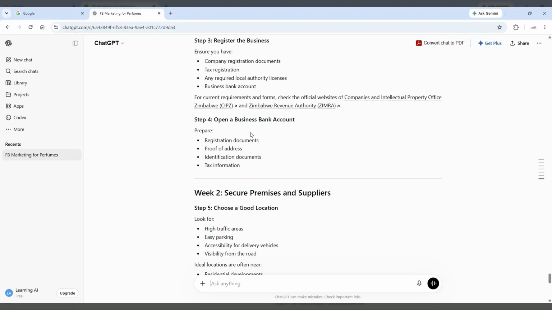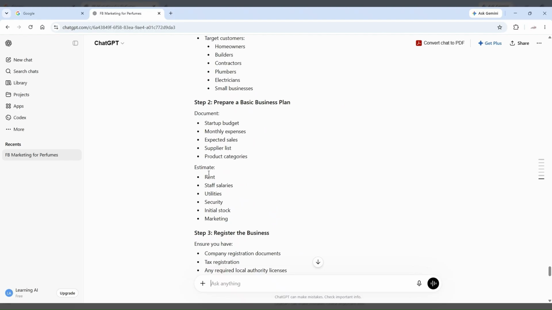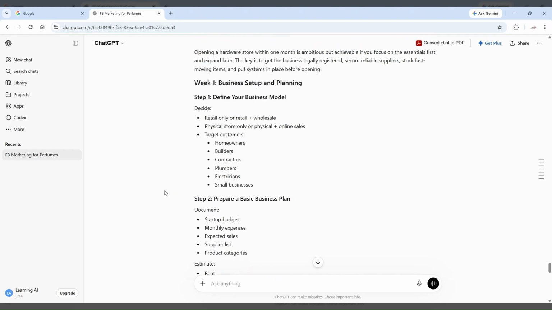The good thing is, even though it tells us that this is what you can do, you can always put in another prompt to drill down. For example, if it talks about an estimate on rent, you can put in a prompt to ask about rent, or even things like, let's say, materials, and even things that target customers would want. You could even put in another prompt to find out more information. So this is just an example showcasing that ChatGPT can be used as a brainstorming tool,